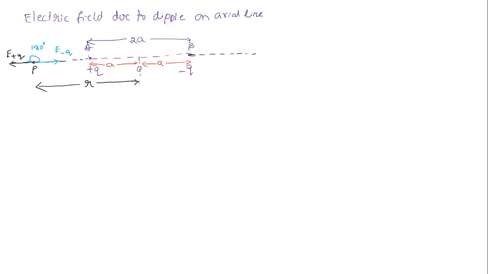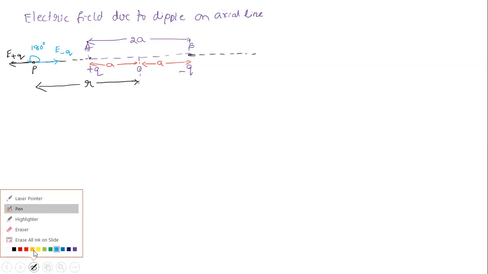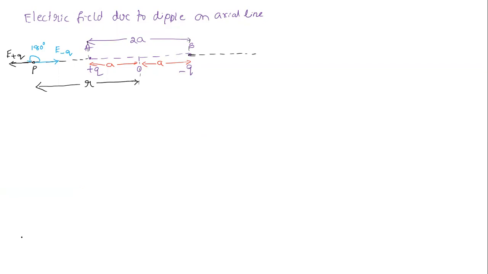Okay, so the diagram is this much. Is the diagram clear to all of you? Is there any doubt regarding the diagram? If there is no doubt, I'll proceed to the derivation part. Students, is there any doubt regarding the diagram?